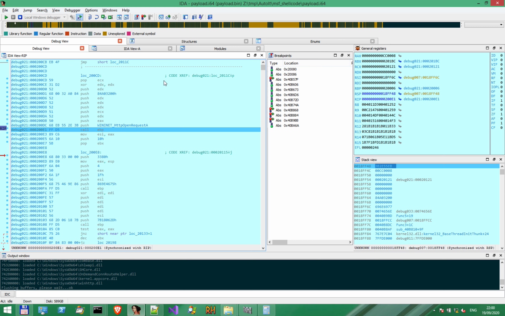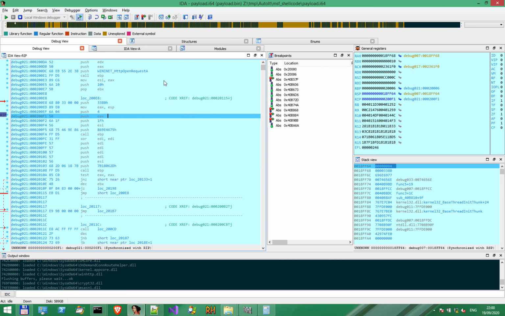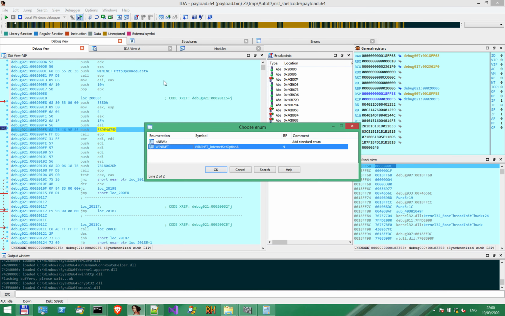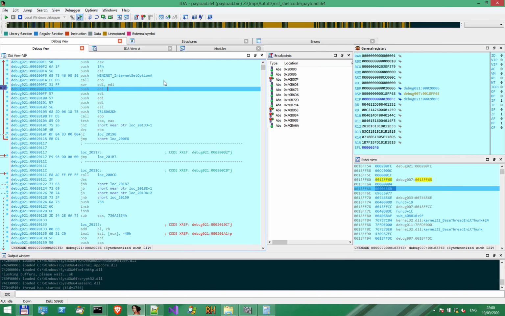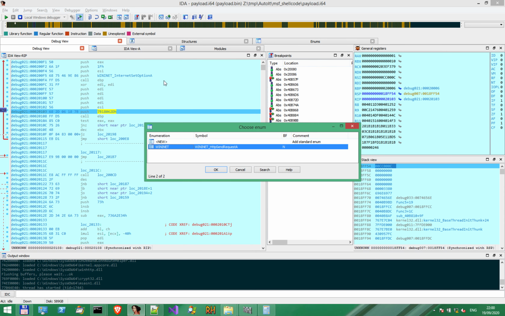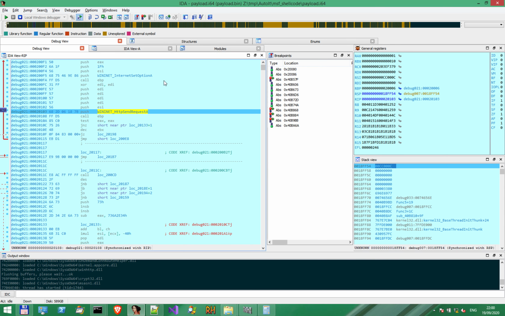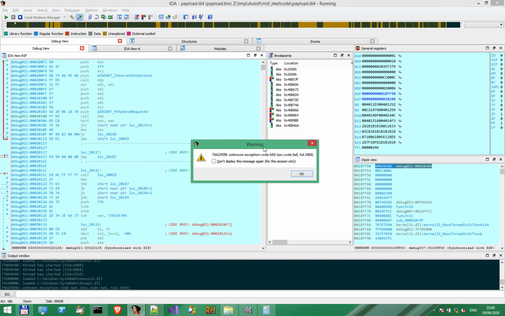Looks like this shellcode is doing some HTTP requests. And then Internet Set Option. And this is in HTTP Send Request, which triggers this unknown exception with code 6A6.